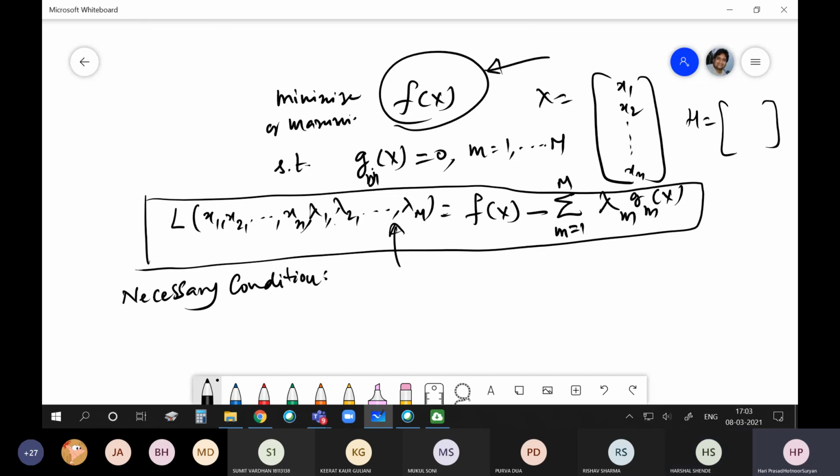But I have given one tutorial, the plotting of contours. That will give you an idea of how the function behaves. Especially, you would have seen a function with one variable, but if you plot these contours, you will have a feeling of functions with more than one variable. Okay. Bye.